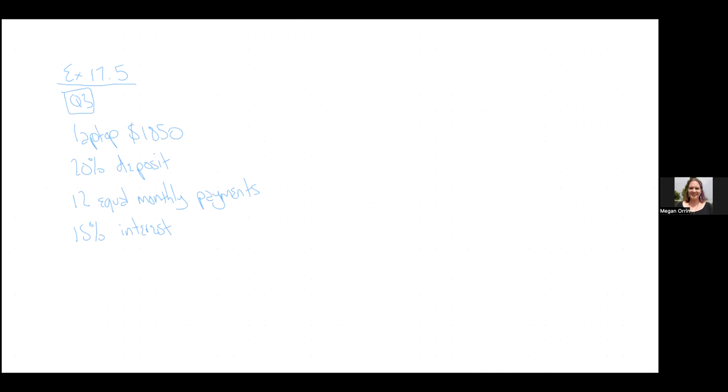So first of all, I know that altogether the laptop cost $1,850. That's how much I would pay if I paid cash. Obviously, I'm not going to pay cash. I'm going to pay it off over a year. So they're asking for 20% deposit. So let's figure that out. So I just times it by 0.2, and that's going to tell me exactly how much money I have to